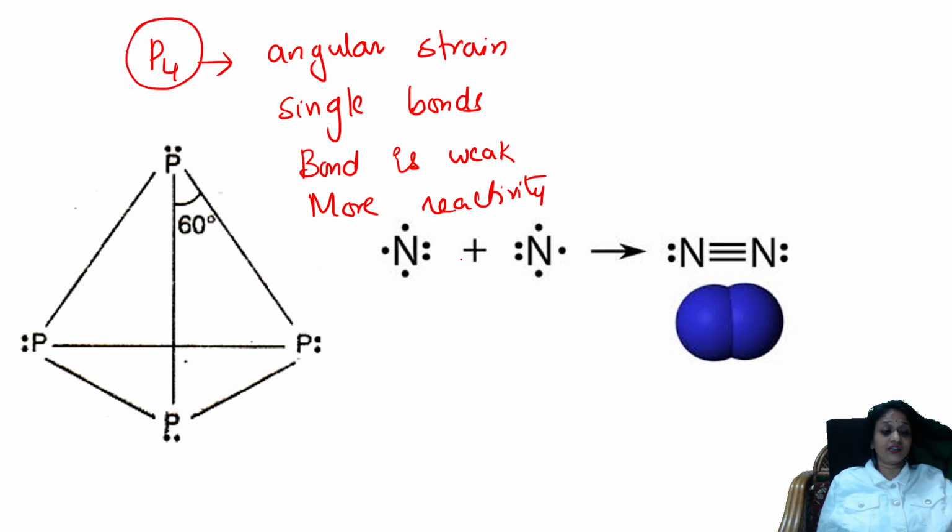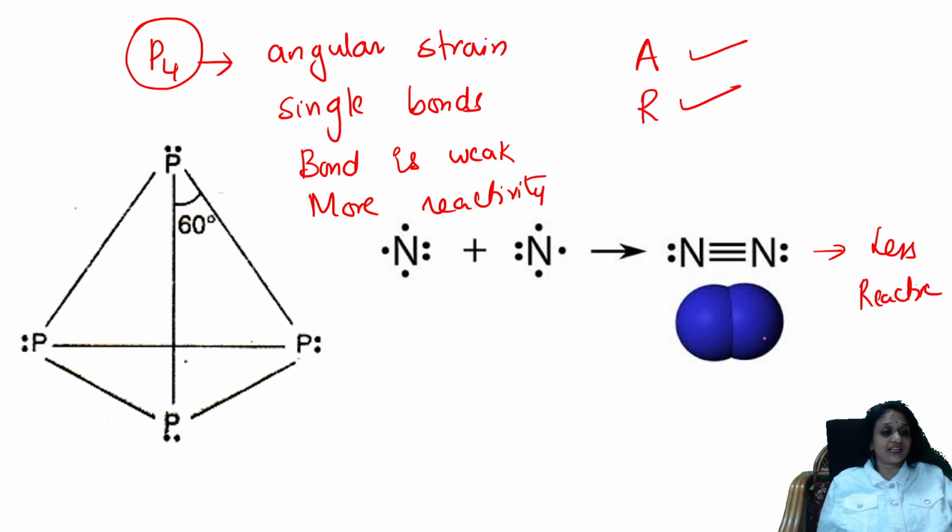Then what did they give me? Here they said nitrogen. Nitrogen is basically a P-P single bond, which is weaker. So the assertion was right, more reactive because of this single bond, and the reason also was right. But let us see in the case of nitrogen. In this case, nitrogen is less reactive.